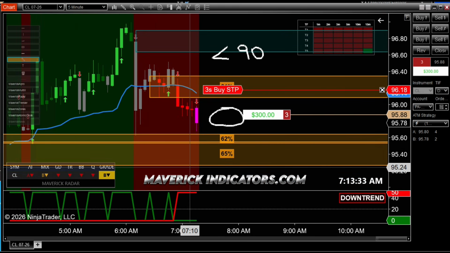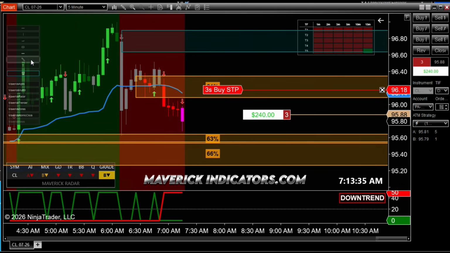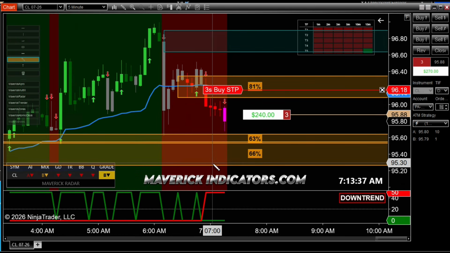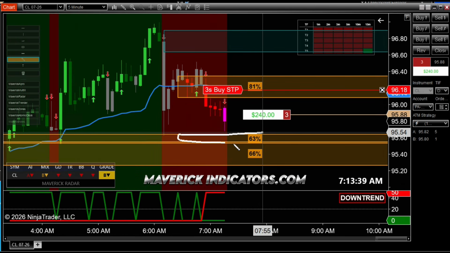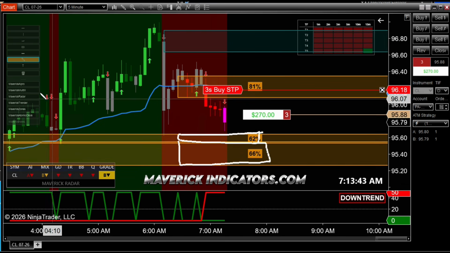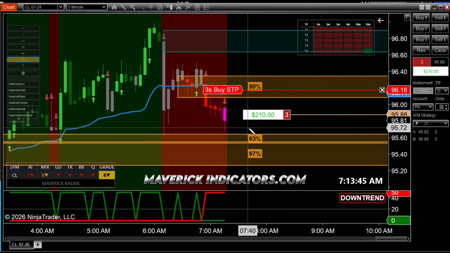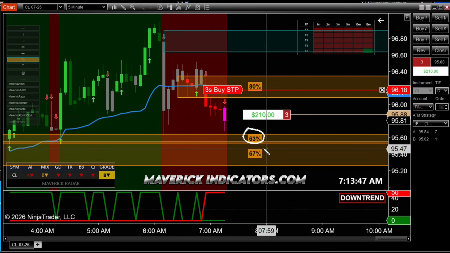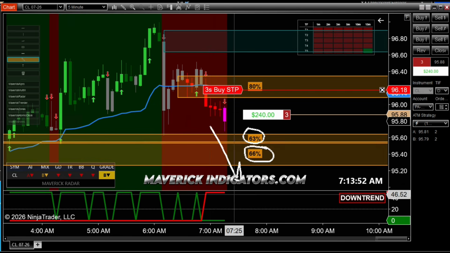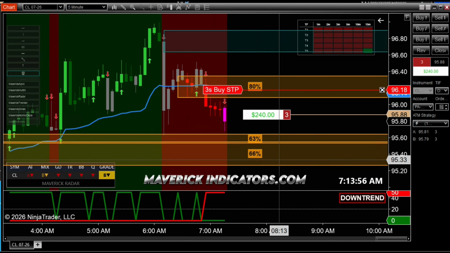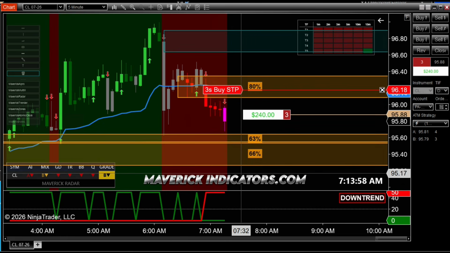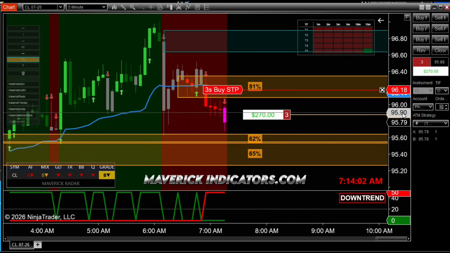Okay, so now, let me erase my little drawings here. Now, I need to pay attention to right here because you have two zones stacked. Now, they have scores that lend itself to breaking, okay? So these are actually low scores. These are totally fair game for breaking. But what I always tell people is when you have two zones stacked on top of each other, you just got to be careful. Because it's kind of like, and this is the analogy I always give,